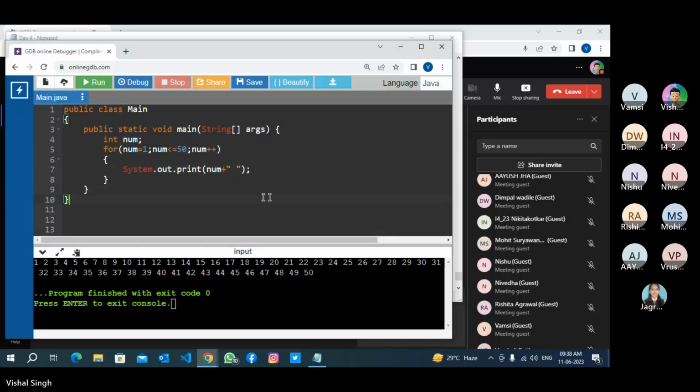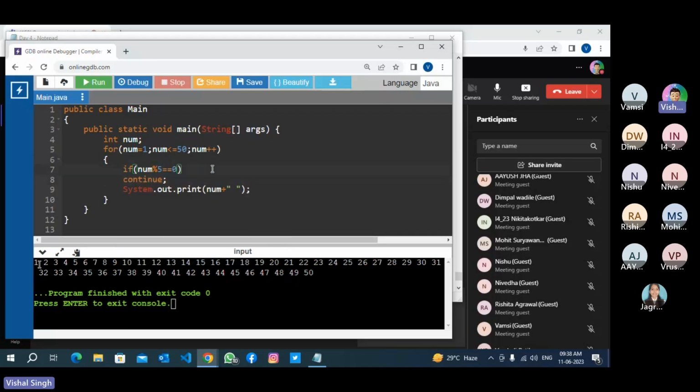Okay, we don't want to print multiples of 5. Like I want to print 1, 2, 3, 4, 6, 7, 8, 9, 11 to 13, 14. I don't want to print 5, 10, 15, 20. Like I don't want to print multiples of 5. If num remainder 5 equal to 0, let's check if it is divisible by 5 or not. If it is 0 after dividing by 5, so